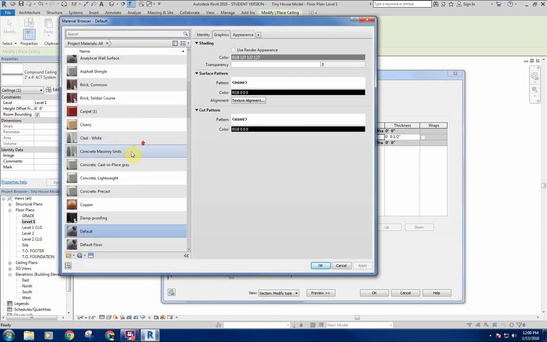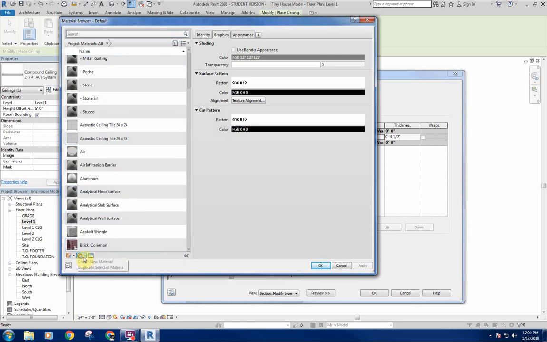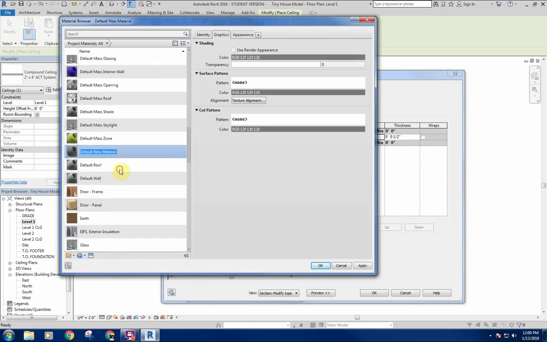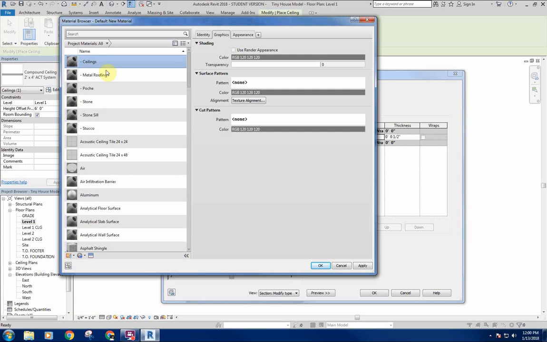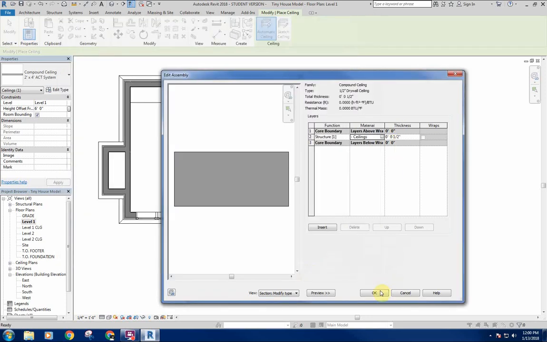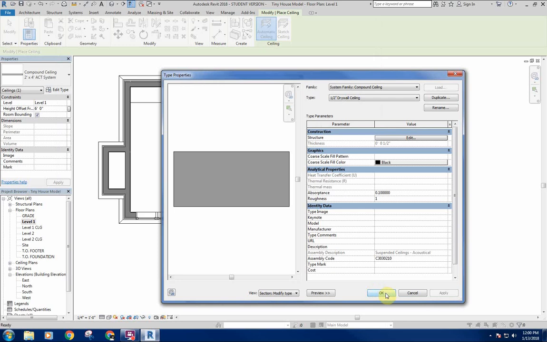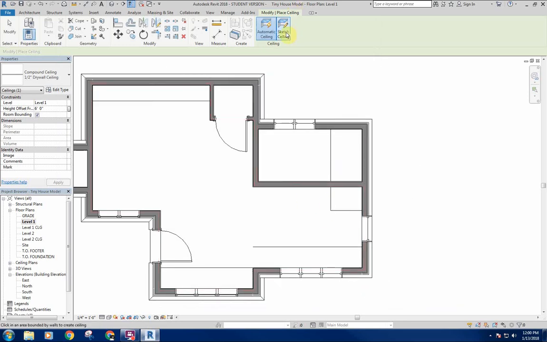And there is a default gyp board, but I'm going to go ahead and just name this. I'm going to call these ceilings, because what we paint our ceilings, what we make the material for this, is going to matter. It can't just be drywall, because our walls are going to be drywall and everything else, and what those materials end up being is going to matter. So I'm going to make this a ceiling texture, and I'll say OK, OK, and then I'm going to sketch